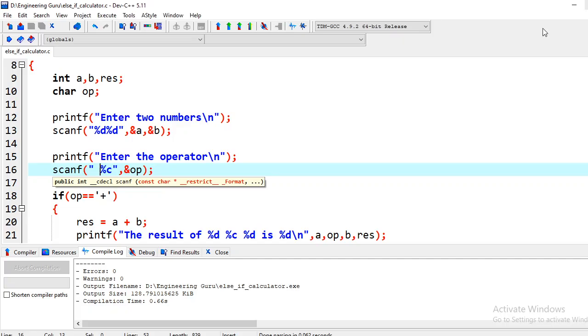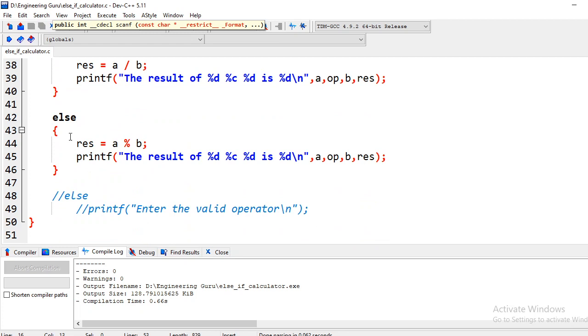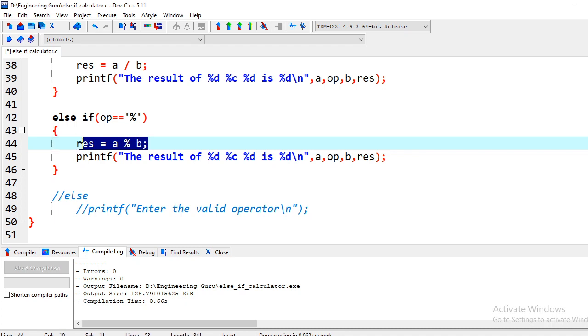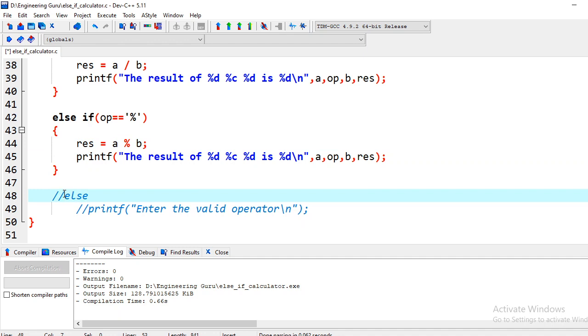So we will go ahead and modify our program. Here we will write else if, and we will compare this condition here also. If the operator is modulus, then only we calculate the modulus operation, right? If you give any operator apart from those four operators, it will calculate the modulus operation, but that is not correct. That should not happen. That is why I am checking this also as a condition. So don't think that the last condition you can write in the else block.